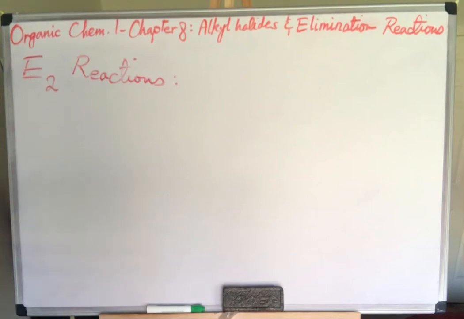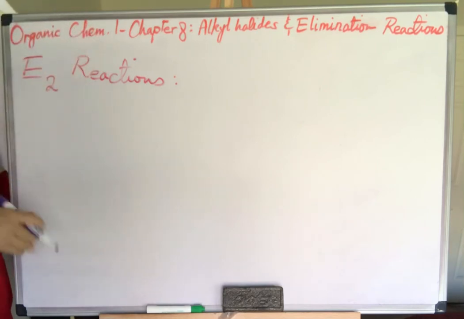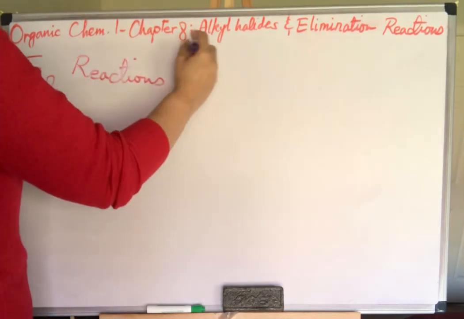There are two types of elimination reactions. One of them, just like substitution reactions, is called E2, and one of them is called E1. So we had SN1 and SN2, now we have E1 and E2. Let's start with E2. Again, E2